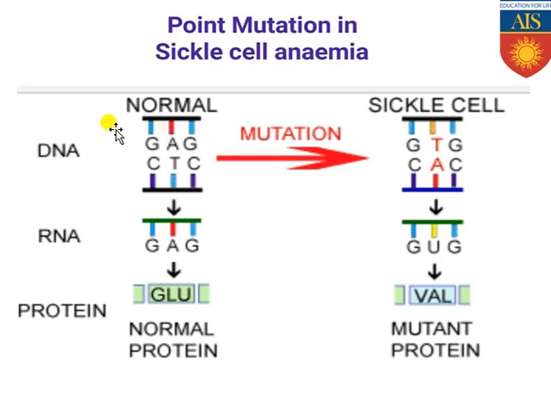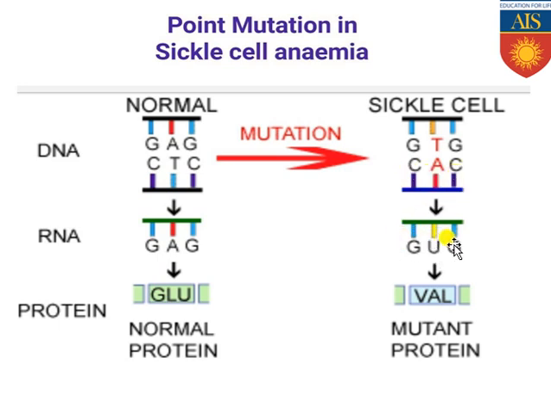Suppose this is the DNA base sequence GAG in the template strand and CTC in the non-template strand. From the normal, when the mutation has occurred, this GAG has been changed into GTG in the sickle cell RBC. In the normal RBC, sickle cell has not been produced. Now when they produce the RNA, from the CTC, GAG will be produced, because CTC, as I have already told you, is the strand by following which the RNA will be synthesized. So from the CTC, GAG will be produced, but in this case from the CAC, GUG will be produced.